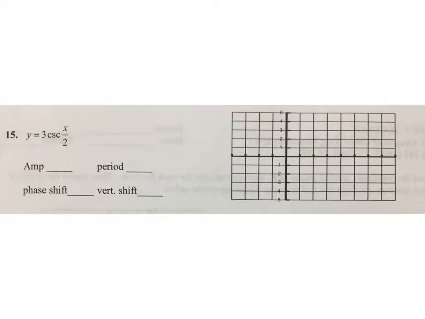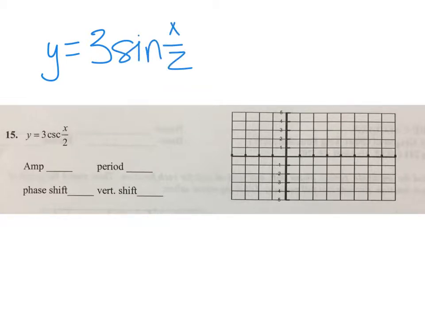So in this problem, we're asked to graph a cosecant function. Hopefully you know that the cosecant is the reciprocal of the sine. So it might be really handy if we were to first sketch the graph of the similar function, but in sine. So if we were to graph 3 sine of x over 2, that would give us some important points